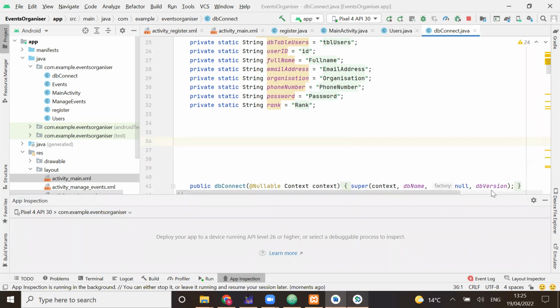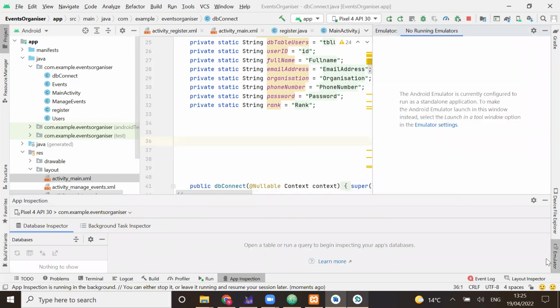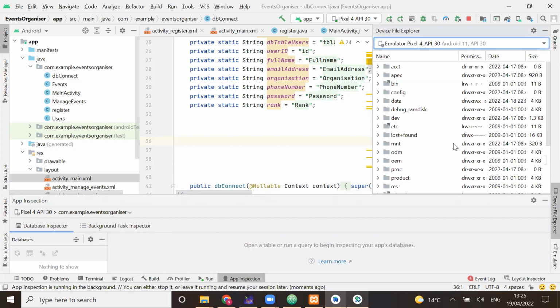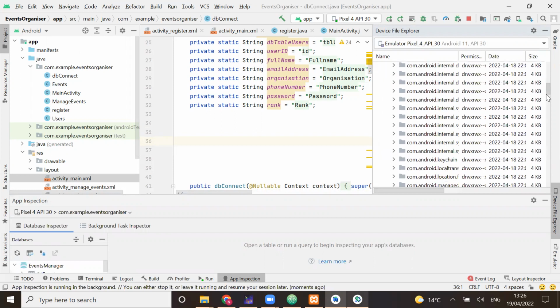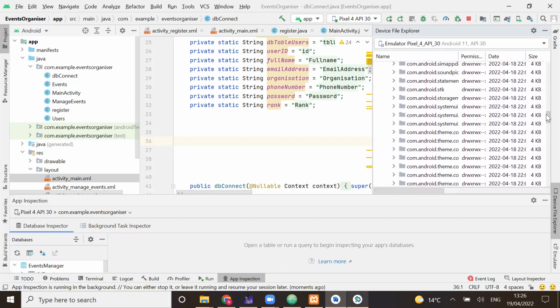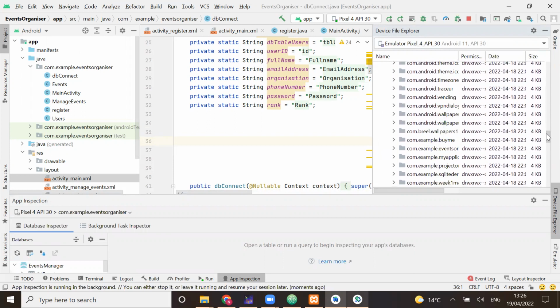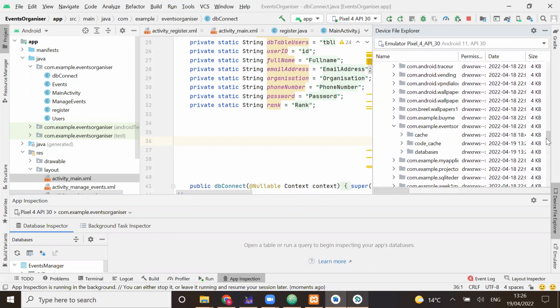But before we do that, I want to show you where you can actually find your database. If you go to your emulator, Device File Explorer, and you click on data, and you also click on data, and you scroll down to find .com.example, because whenever you create yours, it's always going to be .com.example. Mine is Events Organiser, and you see you have cache, code cache, and databases. If you click on databases, you see there are two different databases here, and then you'll be able to see that it's here. So if I scroll all the way up,